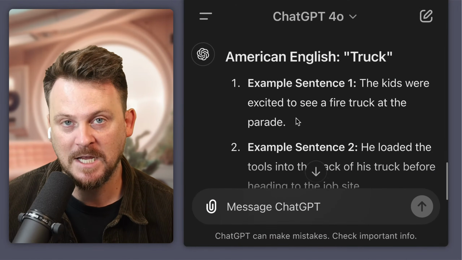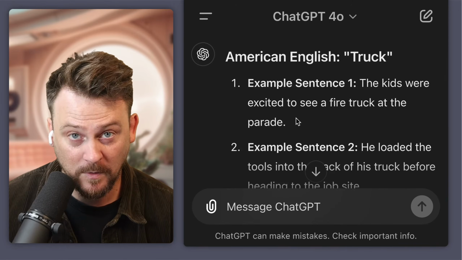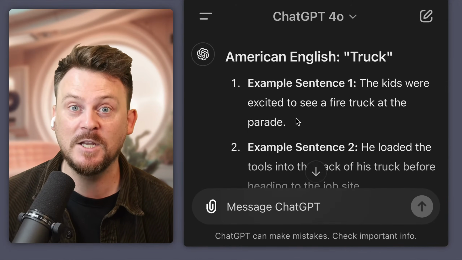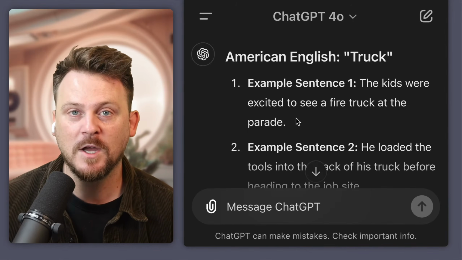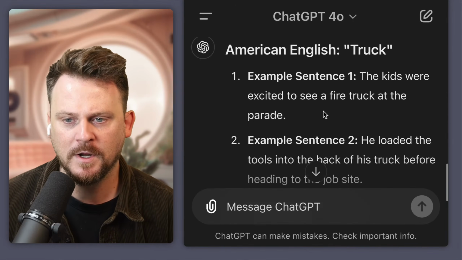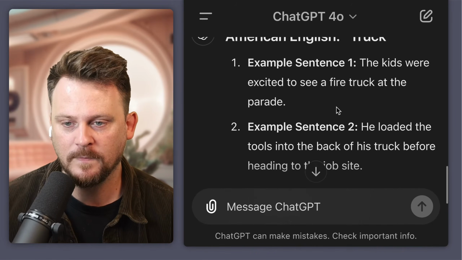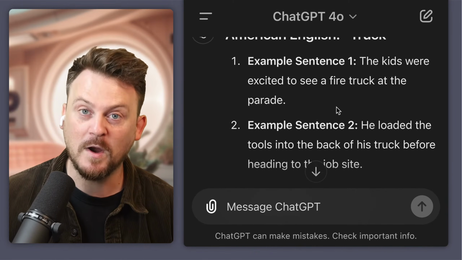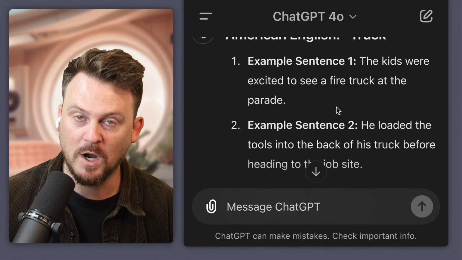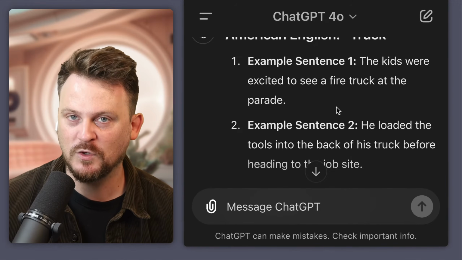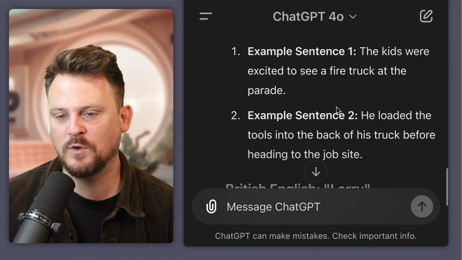Americans say truck for pickup truck, but they also say truck for a big 18-wheel truck that carries a bunch of cargo or furniture or whatever, right? Fire truck. It's all a truck. Trucks are everywhere. The Cybertruck is a truck. That's a truck. But also a massive thing with 18 wheels and a trailer, that's also a truck.